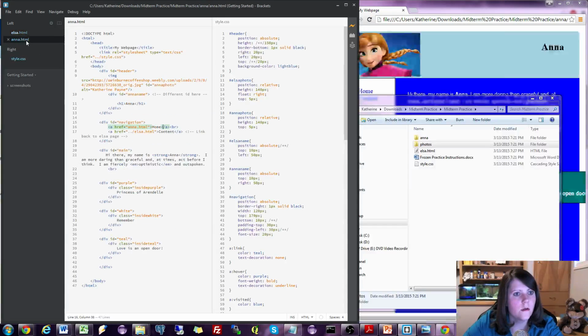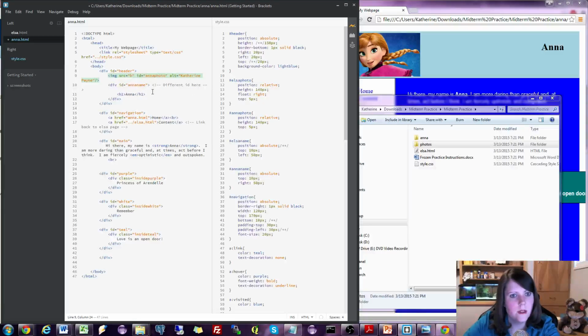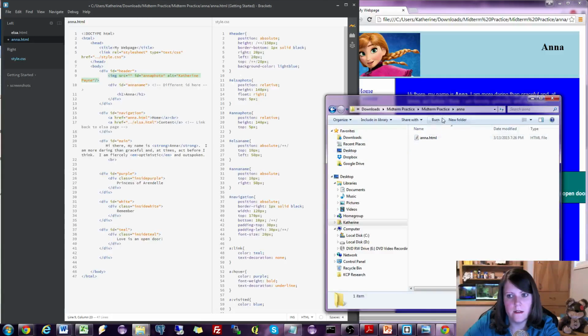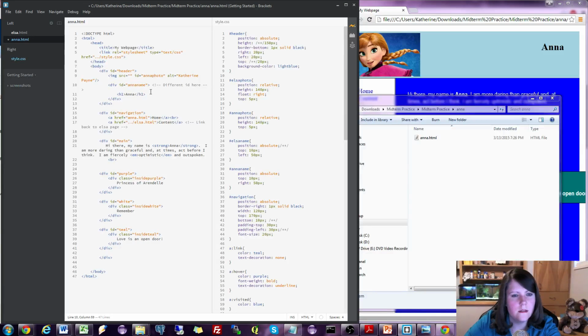Okay, so let's do the same thing for the Anna page. Delete the URL to the photo, and this time we're in this Anna folder. So what we need to do is go up one level. Where am I at here? Go up one level. We use ../ So ../ I want to go into photos, and then Anna, and grab that